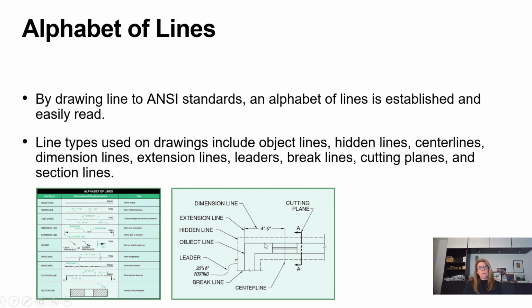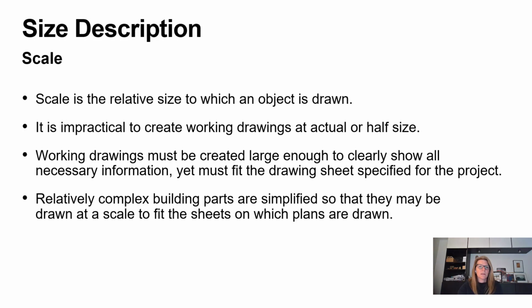There's the hidden line, which is showing either information below or above the cutting plane. The object line is where you are cutting through the object. And then you have a leader line, which is showing information about an object that it is pointing to. And then sometimes you'll see a break line. Sometimes the drawing will just stop as well. So there's some consistency in what really should be every set of documentation, no matter what or who is producing